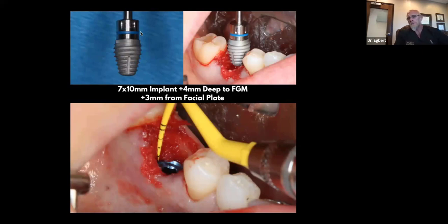Remember, we're placing these 4 millimeters deep to the free gingival margin, 3 millimeters away from the facial plate. The only time I've gotten myself in trouble is when I try and be a cowboy and I feel shame, if you will, for not being able to get this immediate implant in. Then we jump it up to an 8. That gap gets smaller. We end up with recession over time. And then you end up having to start all over again. So just have the discipline to maintain these parameters, 4 millimeters deep, 3 millimeters away, and you won't find yourself